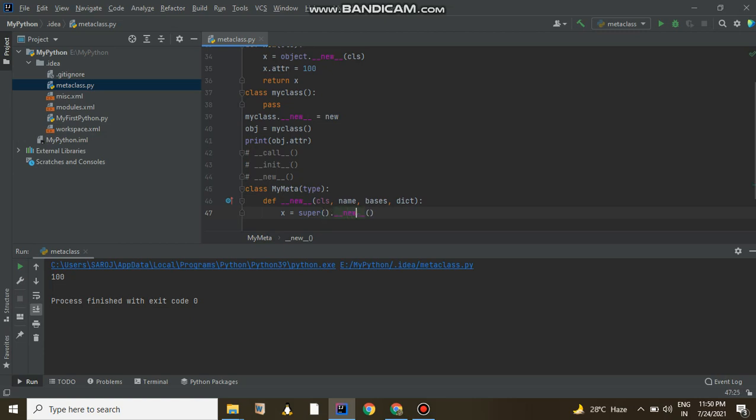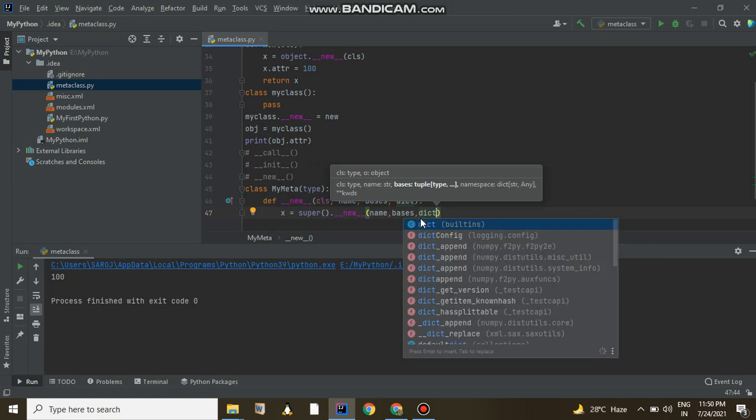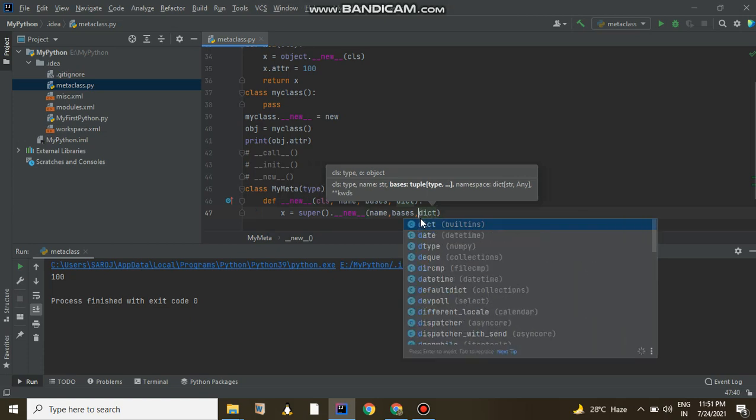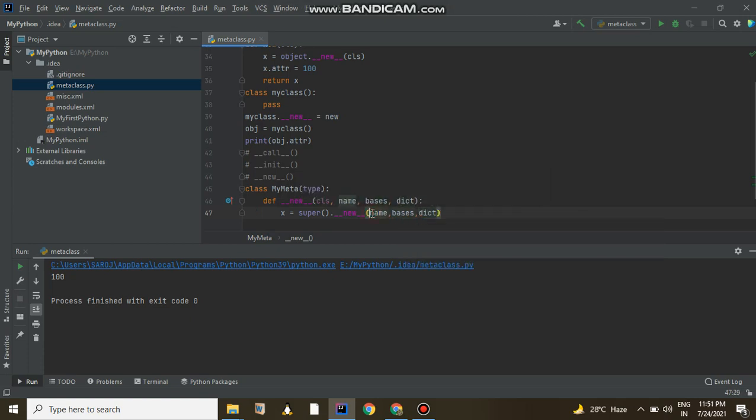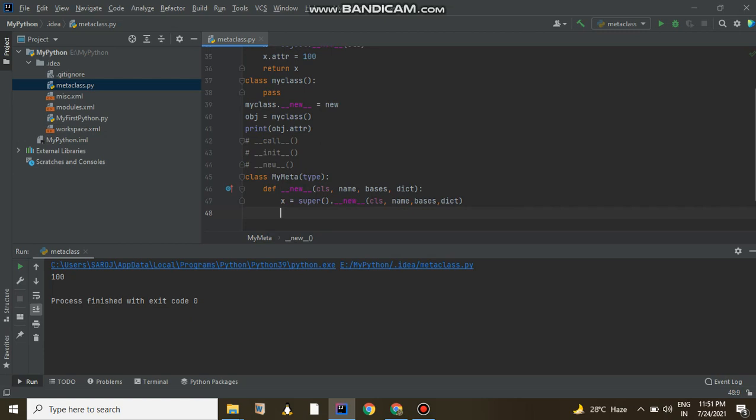Then inside this new I just need to pass the same name, then bases, then dict, and the cls, the reference. Now this is my new x.